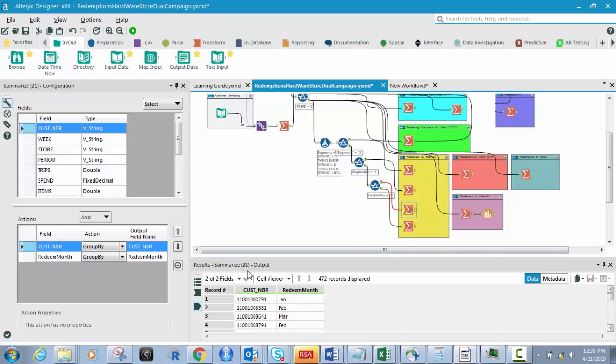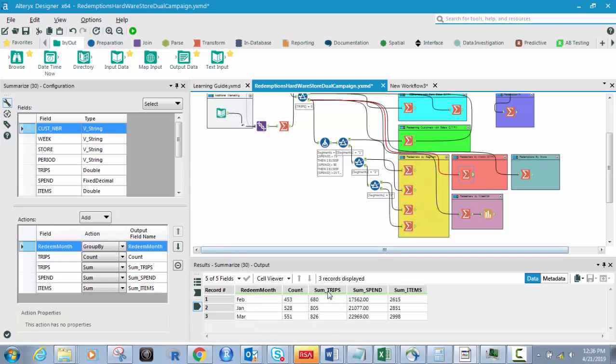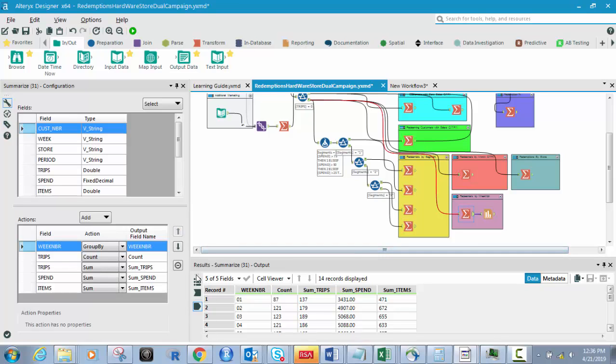And I can see there, and here's the customer number and when did they redeem their coupon. I can look at redeemers per month and look at the breakout of how they did each month. I can look at redeemers by week number, and I can look at them by store. A lot of times this one's really helpful in giving more context and more insight, because all you need with